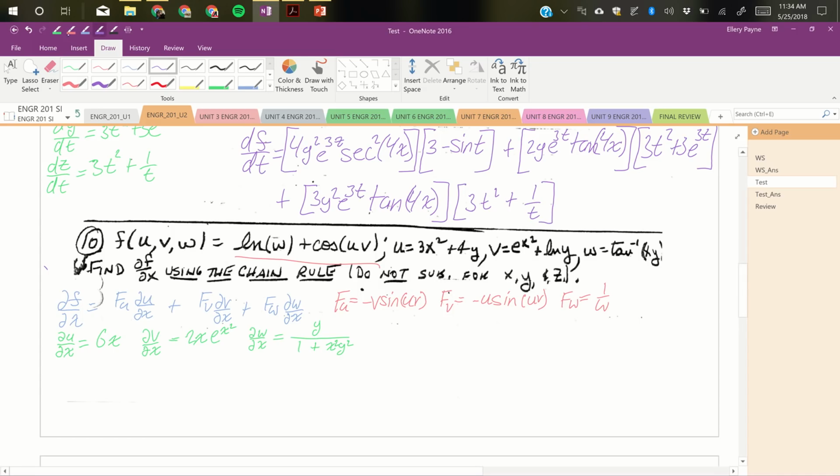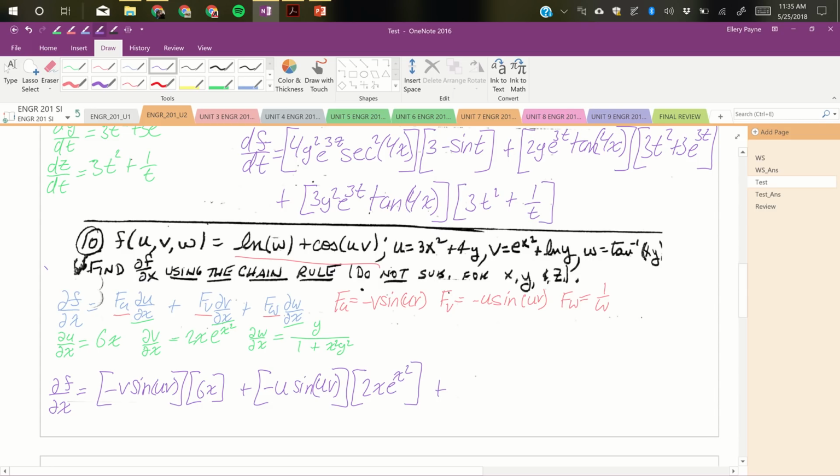So now we have our partials for our u, v, and w with respect to x. We can now just plug and chug into our original equation, meaning the partial of f with respect to x equals f_u, which is negative v sine uv, times the partial of u with respect to x, which is 6x, plus f_v, which is negative u sine uv, times the partial of v with respect to x, which is 2x e to the x squared,